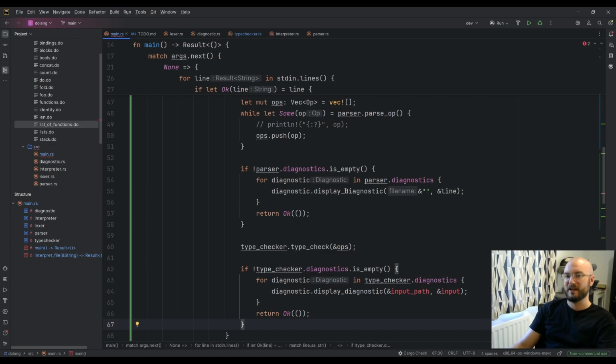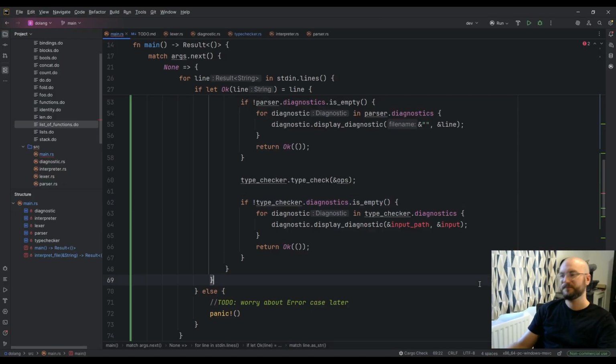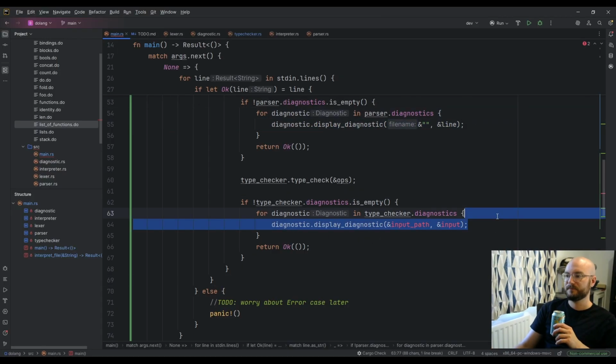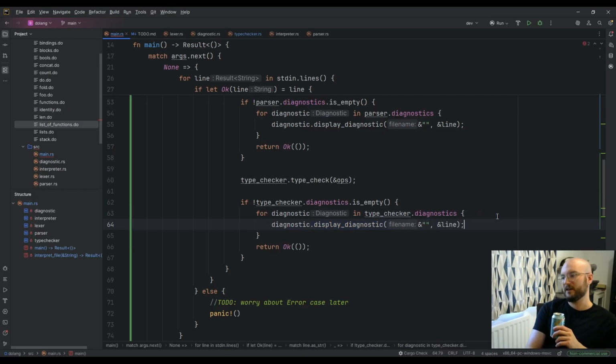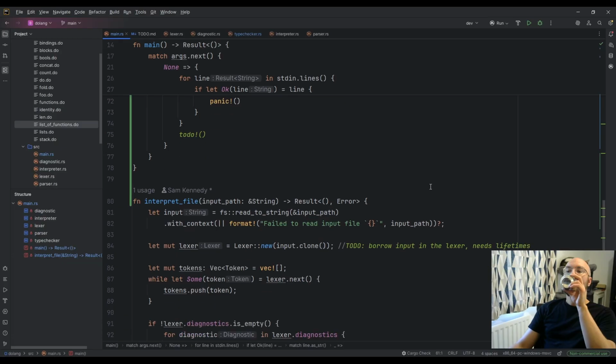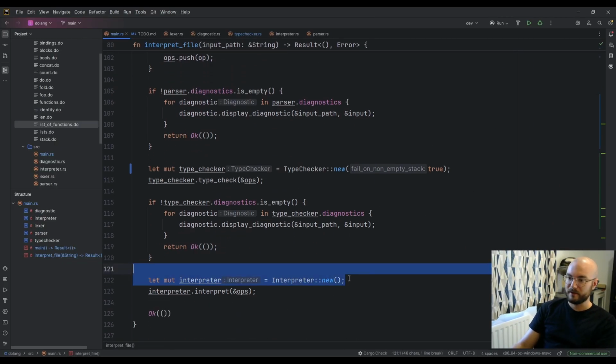You kind of just type check it, and then it's kind of a yes no. Was your program correct? So this doesn't actually output anything. You just have to check are there any diagnostics after you've done the type checking. And if there were none, then great.